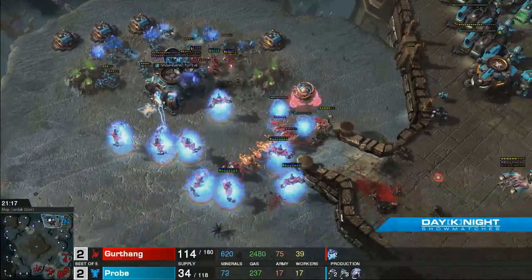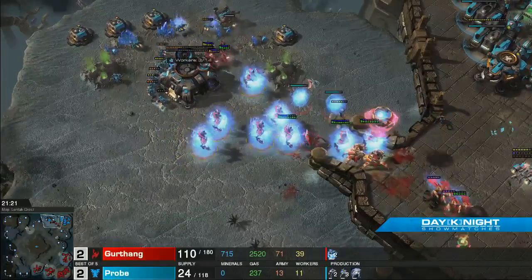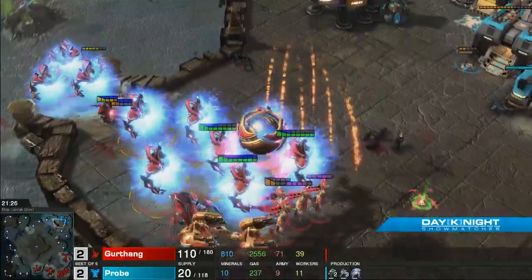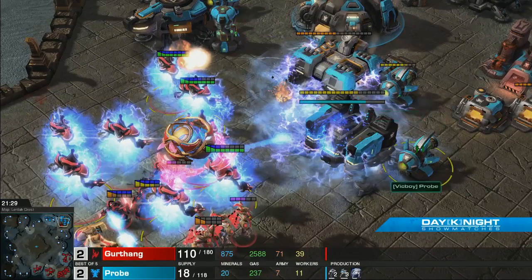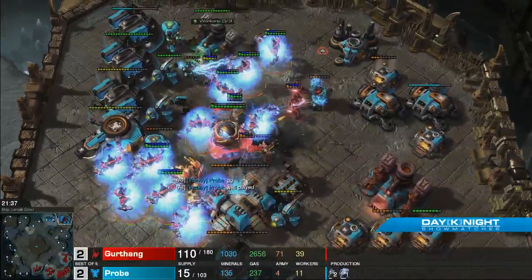He's losing his natural base. There's so much Protoss here. Gurthang just powering his way up the ramp. Probe desperately trying to repair that orbital command, but he's just going to punch right up there. Get right on top of the... He's storming the building. Storm that Widow Mine and start dealing so much damage. Probe gives the GG. Gurthang losing 2 games to Terran,